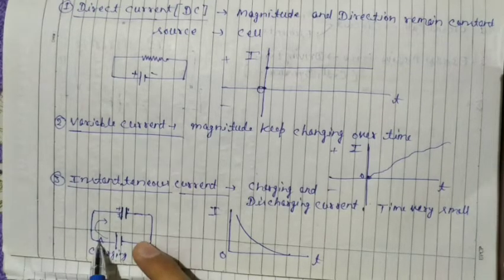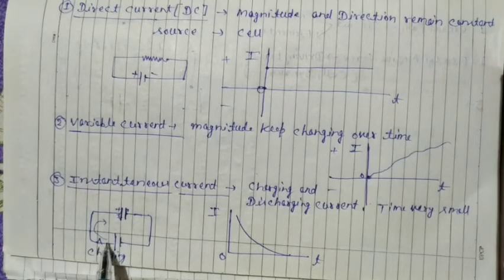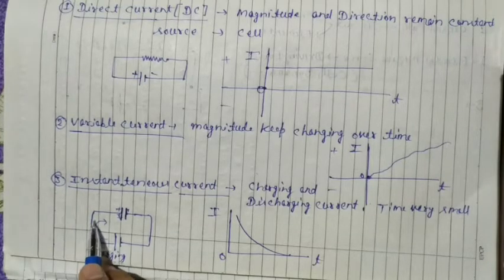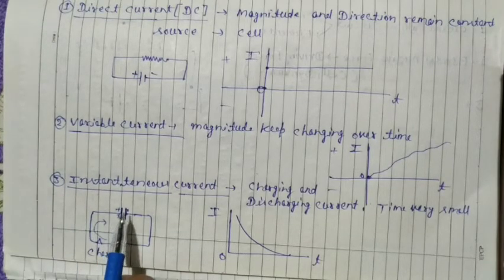When we switch it on, charge flows from here. There is no charge on this capacitor, so initially charge goes very fast, but once some charge has filled up,